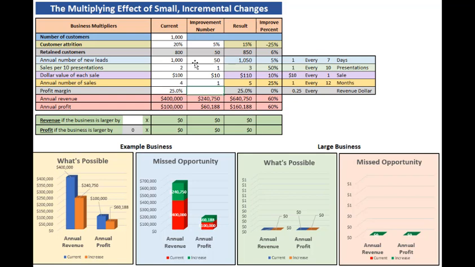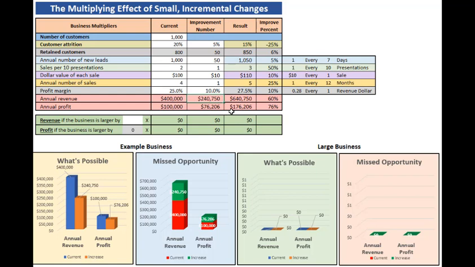And that can be done in a number of ways, such as increasing prices, reducing their operating costs and expenses, and renegotiating the prices they pay for the goods and services they sell. And if they could increase that margin by a modest 10%, or 28 cents out of every revenue dollar, their revenue would jump by 60%, from $400,000 to $640,750, an increase of $240,750, nearly $250,000. And the profit increase would be 76%, from $100,000 to